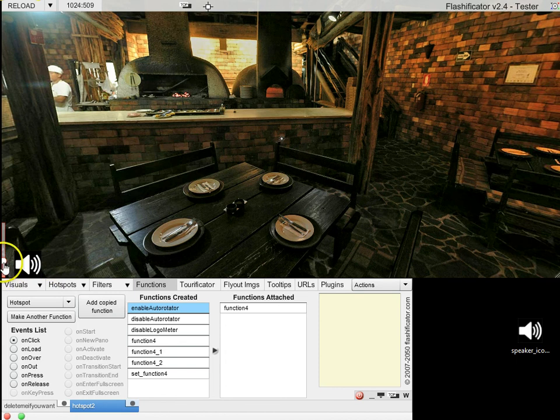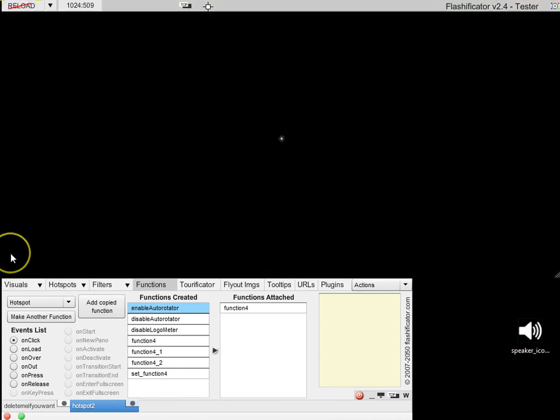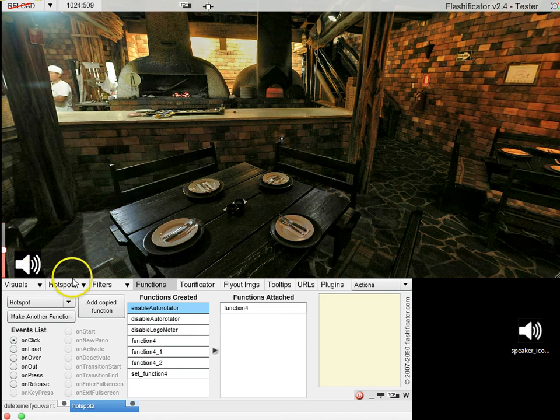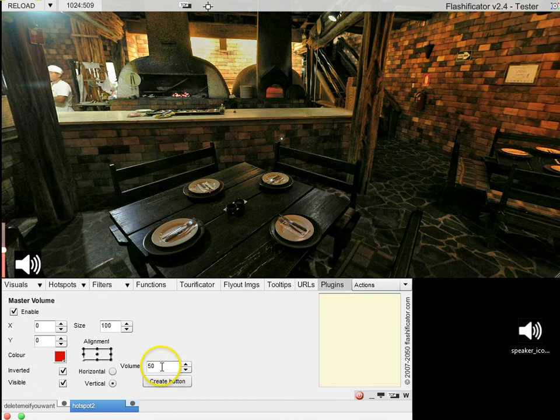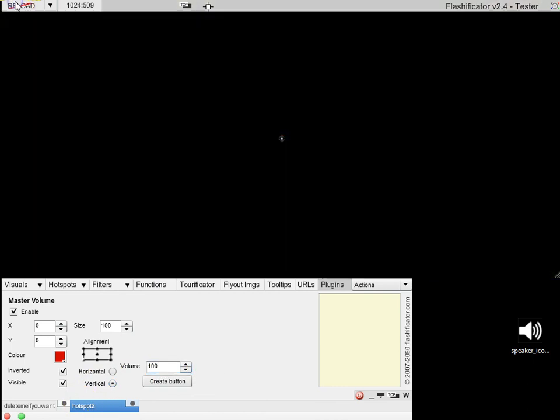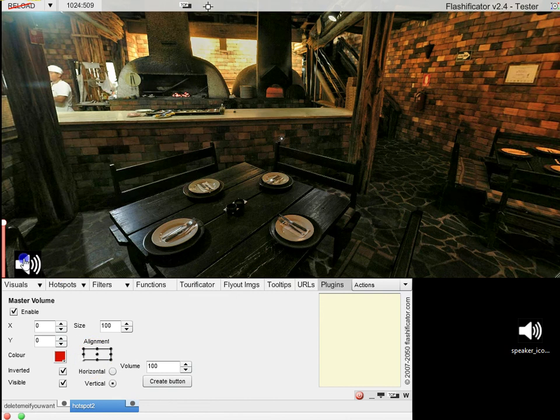If I go down here now and reload, it will go back to the 50%. So you need to set the value. You can do that in the plugins master volume to set the initial volume. Set 100 here. And then it goes down to 0, and this goes up to 50 because it was recorded when it was 50